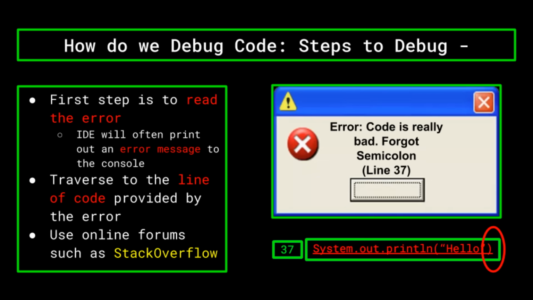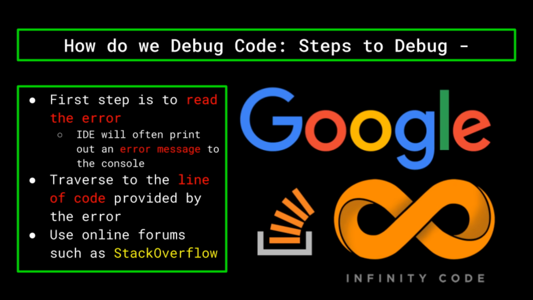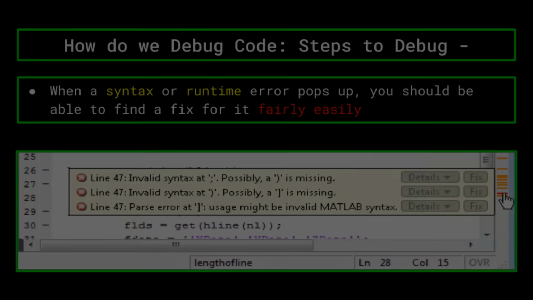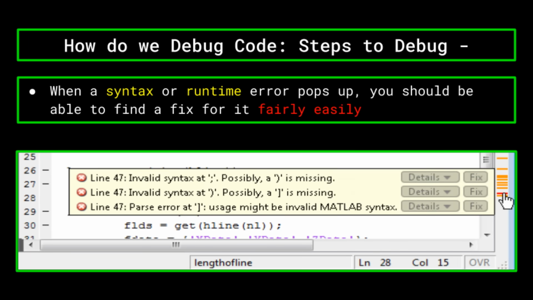If the error isn't clear, or you've never heard of it, then try Googling it, as there are many websites out there such as Stack Overflow, which serve as forums to ask and answer problems with code. Chances are, if you've had a problem, someone else has had the same issue, and there is likely a tested solution. Usually, when the syntax or runtime error pops up, you should be able to find a fix for it